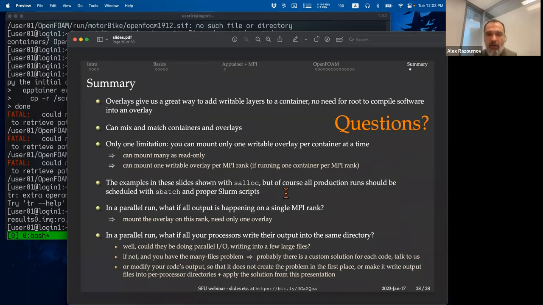But basically, to summarize, overlays are a really great way to run simulations, and there are multiple ways to store simulation results. So there are multiple ways of running MPI inside Apptainer. I really, really highly recommend to scale beyond a single node. But to do that, you have to use hybrid MPI. So both MPI run on the host and then runtime MPI libraries inside the container. And then depending on how your code does a simulation, you can have one or several scenarios. You would do the corresponding setup, and then you'll be able to store your results inside the overlay